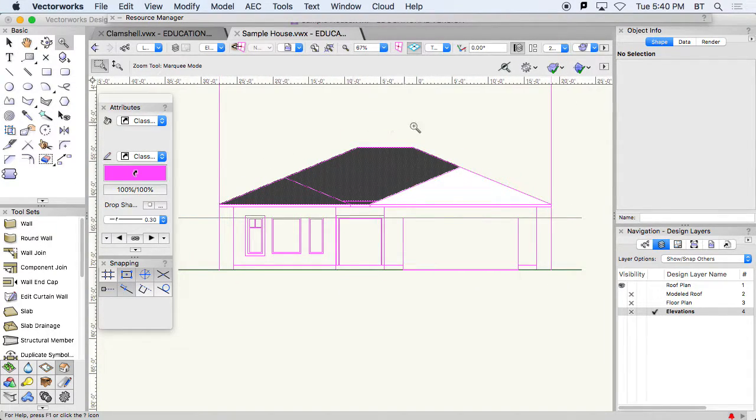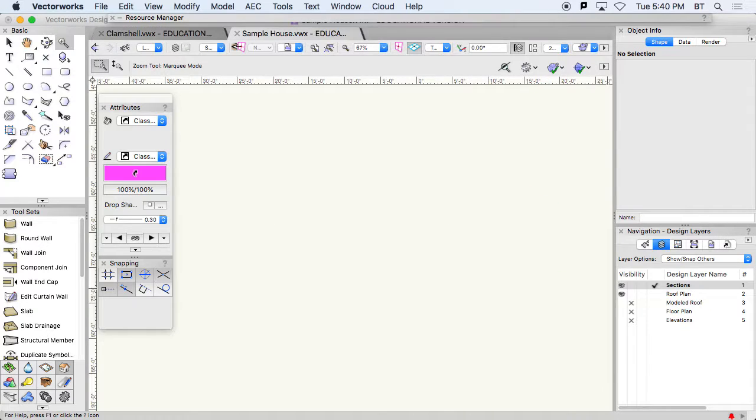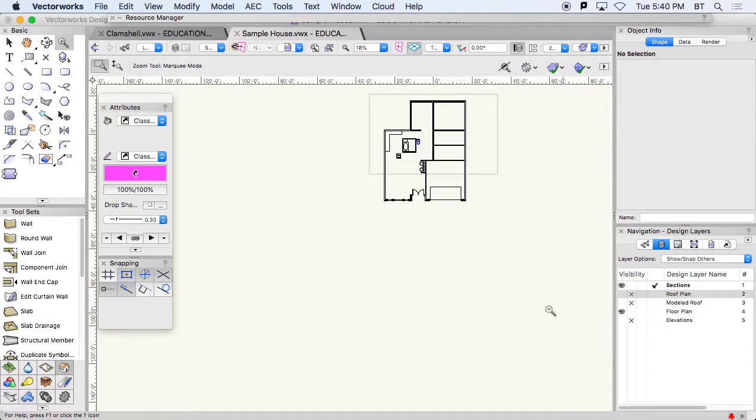So right now, I've done my elevations. Now I want to start drawing some sections, so I'm going to have to create a new design layer. I can right click on my navigation palette and select new, and I want to call this sections, hit OK. Now I'm going to be pulling down the same guidelines like I did with my